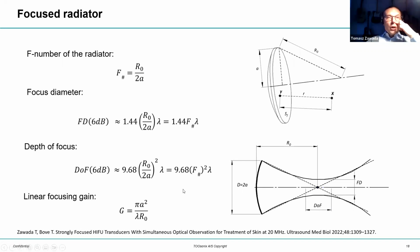And then there's one more comment about where the maximum pressure point is. In general, that maximum pressure point doesn't have to be at the actual geometrical radius of curvature point, the center of curvature. It's not there. It's usually closer to the transducer, and it moves towards the center of curvature with the increased